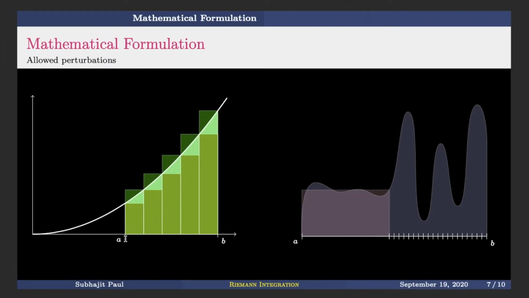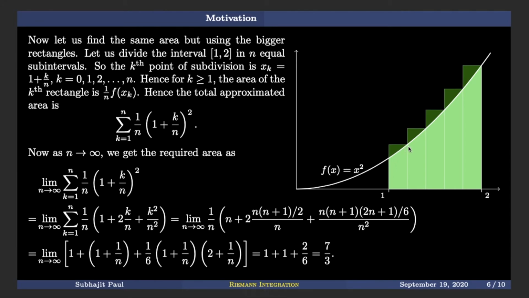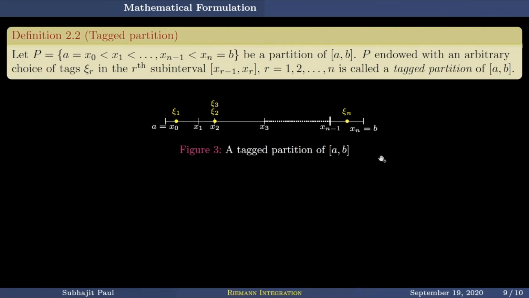While explaining this one, we say that here we have chosen the functional value at the left extremity, and here we have chosen the functional value at the right extremity of every subinterval. Now this did not have to be either the left or the right extremity, but it can be any point in the middle. That is the popular belief, so Riemann is trying to accommodate that popular belief. That is what he is doing by introducing tagged partitions, tags in the middle.